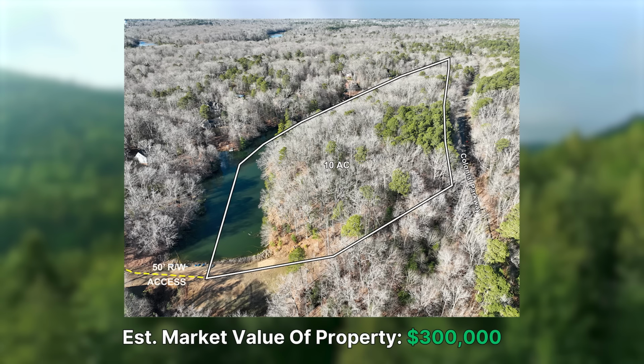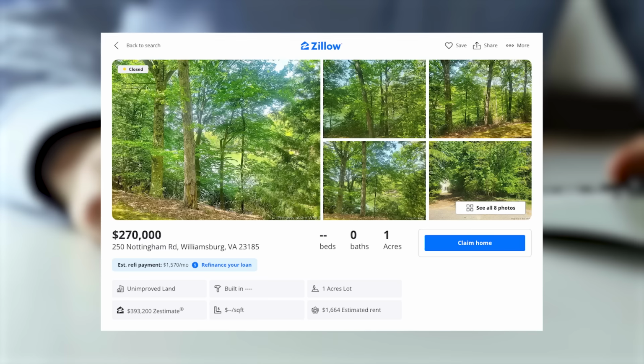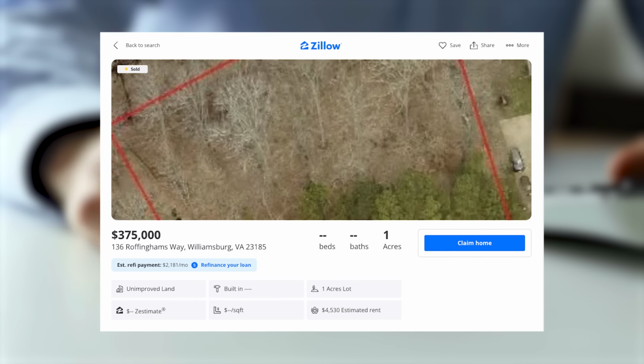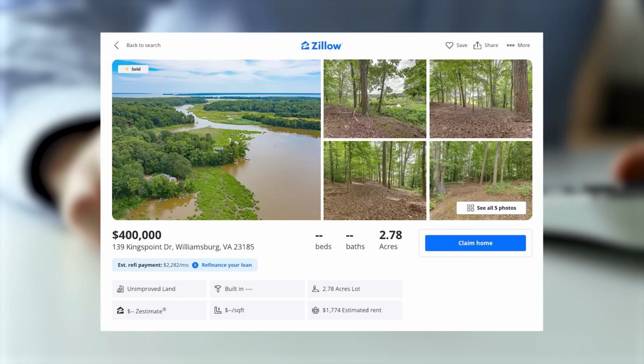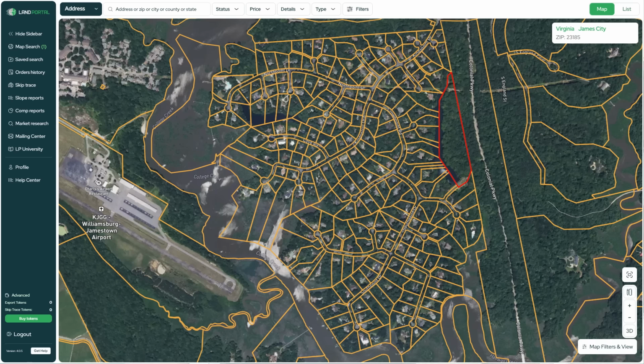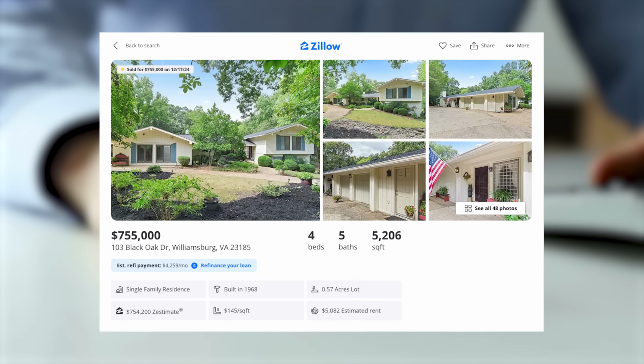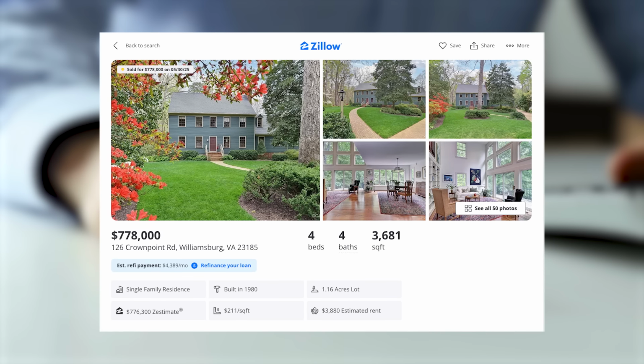When you look at the nearby building lots that sold, you see a huge amount of comps, a number of comps of building lots that were much smaller that sold for 270,000 up to 375,000, some even higher. And in this particular subdivision where the land was located, there were one acre lots with homes, homes that were on smaller building lots than ours. Those homes were selling upwards of $750,000. And yet the lot that those homes were sitting on was much less than the property we were looking at